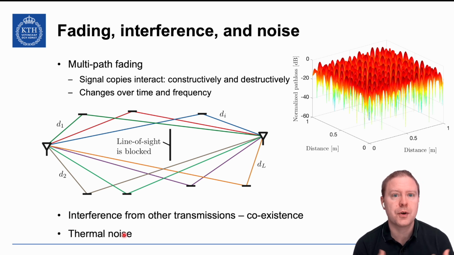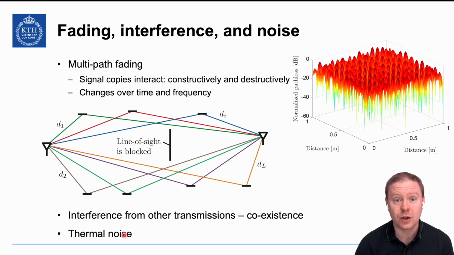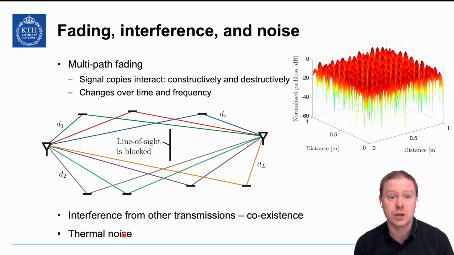And finally, thermal noise appearing in our receivers is one of the limiting factors. I was talking before about the signal to interference and noise ratio that captures all of these things: signal strength, interference, and noise. And the noise, we can't really get rid of it. It's there because of electrons moving around in our receiver hardware, and that would be the fundamental limitation for our